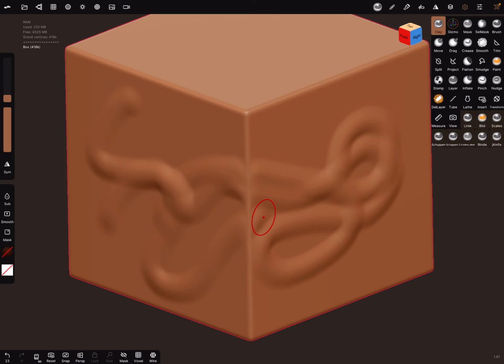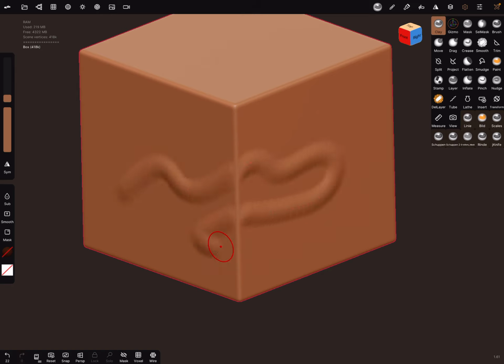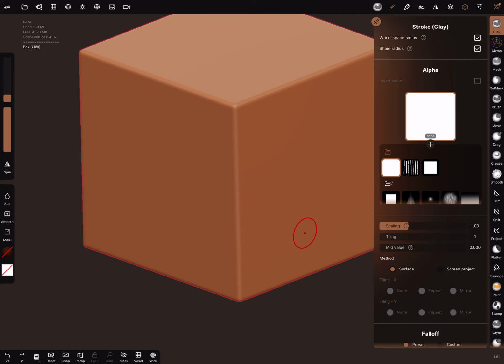Now I can brush here always with the same. I'm pressing hard, nothing changes, and the radius stays. And it's useful,